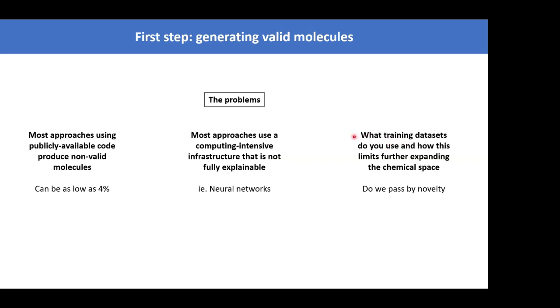The third problem is that if you decide to go for a neural network, you will need a training data set. You will need to train that network for the decision-making that it's going to make. And then what do you choose as a data set? So if you choose, for instance, a collection of compounds that already exist, you're biasing the decision-making on the compounds that already exist. And for instance, the proportion of chemical space that we do currently explore in drug making is minuscule compared to the actual chemical space. So by doing that, we actually pass by novelty.